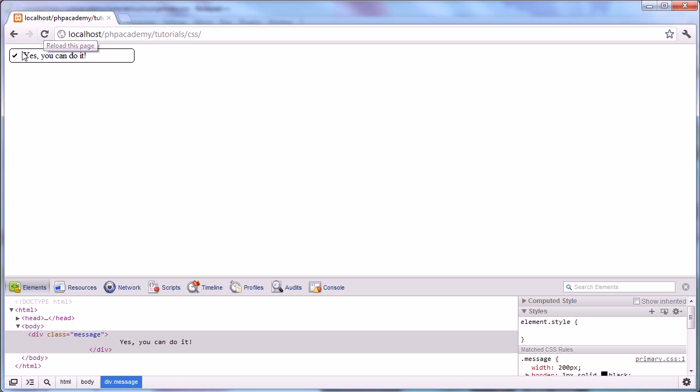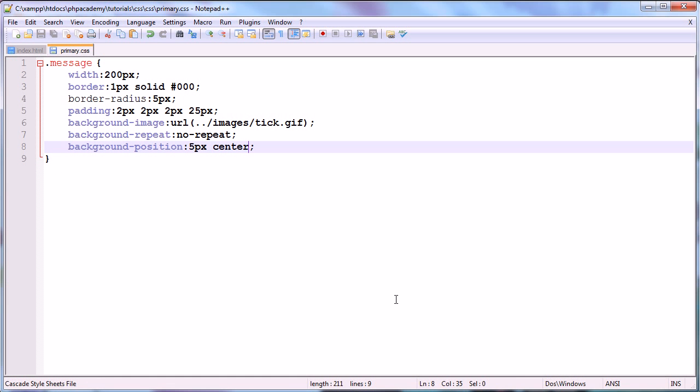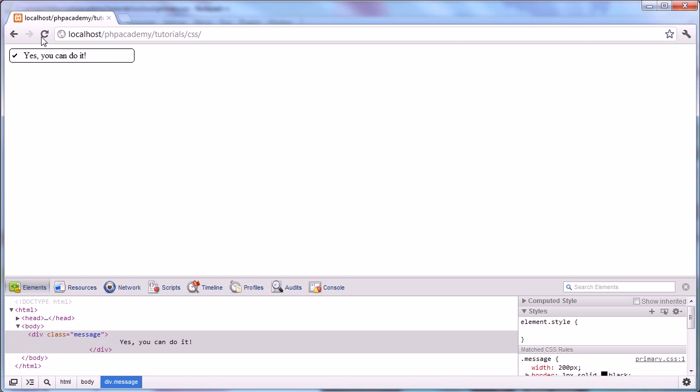Refresh. So what's this done? Well, it's centered it vertically, and it's brought it 5 pixels away from the left. That doesn't look enough to me, so I'm going to say 10 pixels. And I'm going to refresh. Now that's perfect. So we've pulled it 10 pixels from the left hand side, and we've centered it